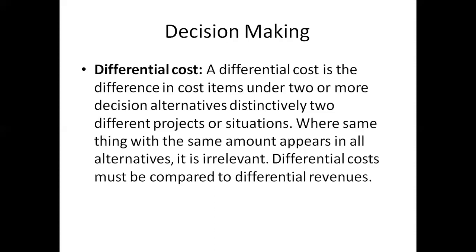So what is the difference in the first case? If 10,000 was the differential cost and 12,000 was the revenue, it was 20% of differential revenue. In the second case, it was 12,000 and 15,000, say 3,000, which is 25% of the differential revenue. So you can say that the second project is more acceptable based on this scenario.